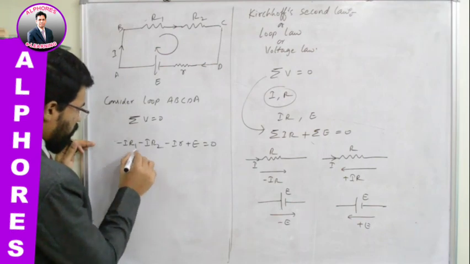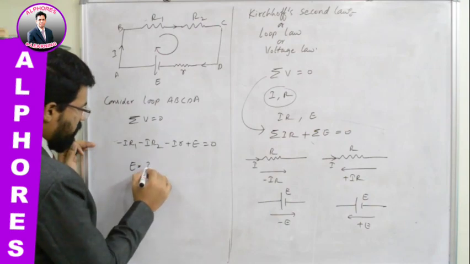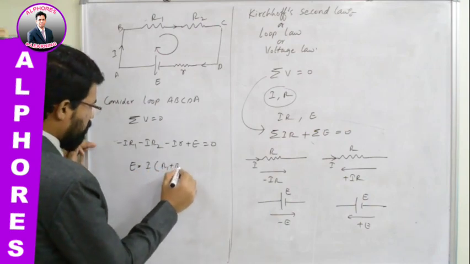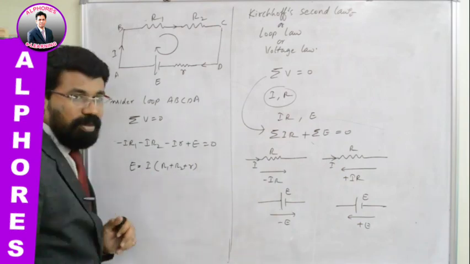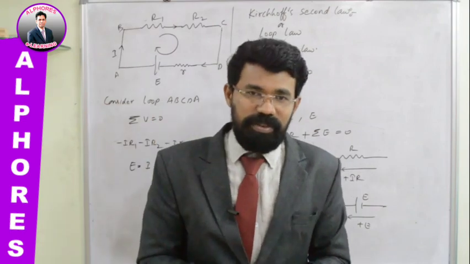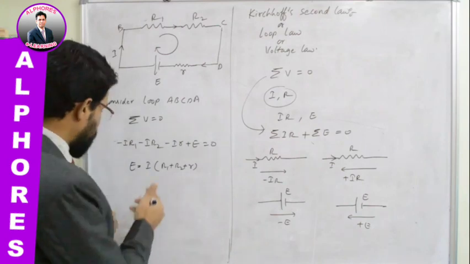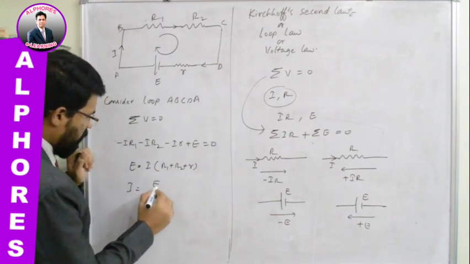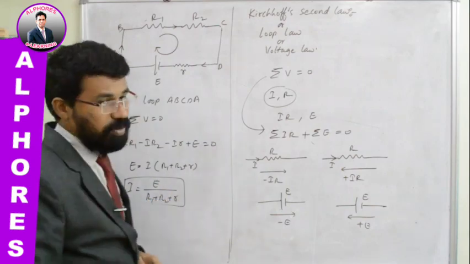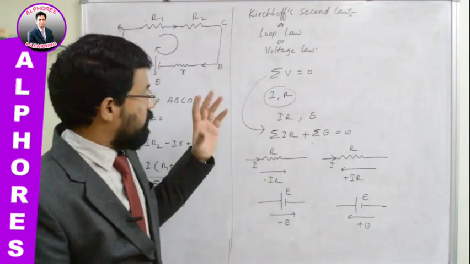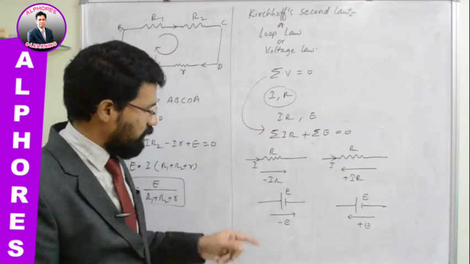See, E is equal to what? I will take all these negative terms towards the RHS, they become plus. In all these terms, I is there. Take it out. So I into R1 plus R2 plus R, isn't it? So finally, the EMF of the cell is equal to the potential drops across all the circuital elements. Here you can see the conservation of energy principle, and from this equation, if you want to write an expression for I, you can write E by R1 plus R2 plus R. So these are the two laws, and remember, Kirchhoff's second law is very important for handling the problems, and these sign conventions are very important.